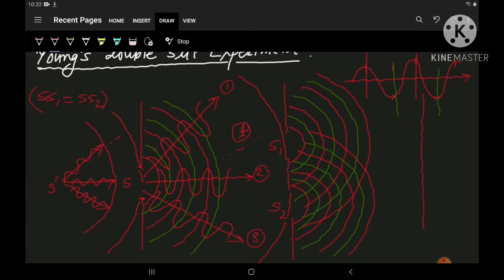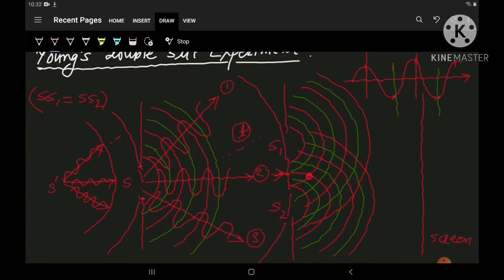in front of S1 and S2, suppose this is the screen, then what will happen? Which observations will we find on the screen? Let us see. So from the mid of S1 and S2, let us start, means from this point we are going to start. So the first point here, from the midpoint,